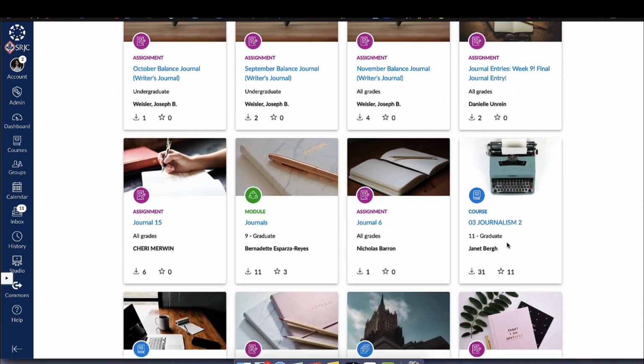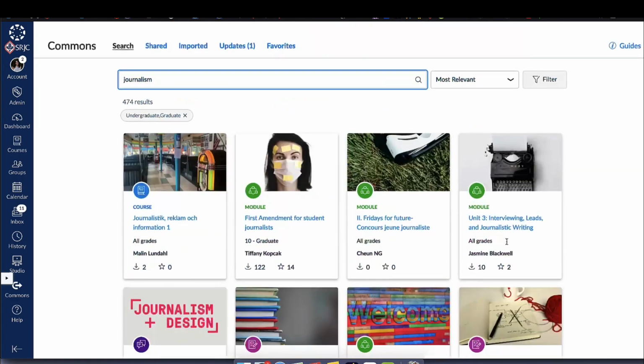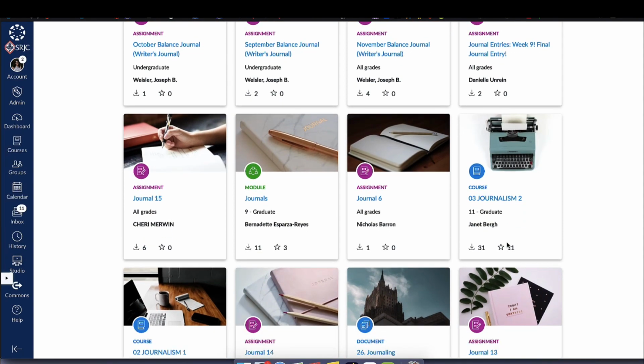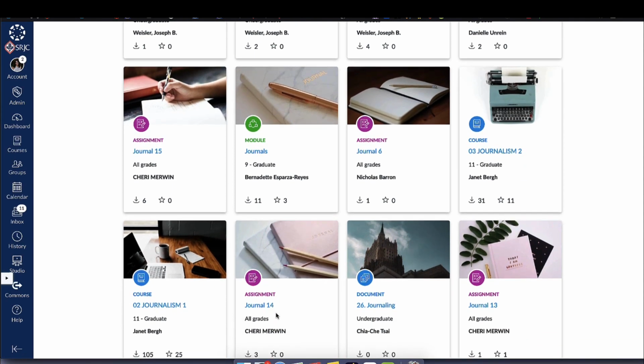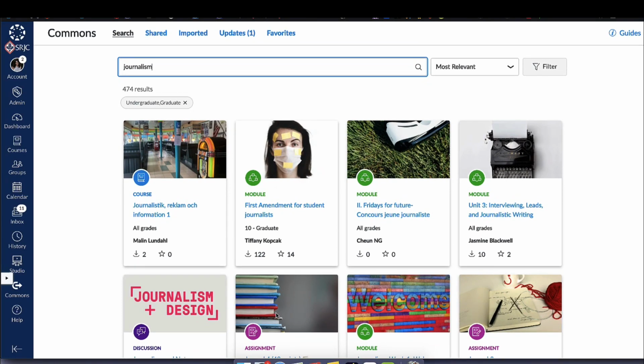So there are a lot of resources here that I could potentially use. So that's very exciting. Some of them won't be relevant. For example, you'll see when I type in journalism, I get a lot of journaling. Certainly those won't be useful to me, but a lot of the items will. So that's really exciting. What I will tell you here is there are some resources created by Santa Rosa JC's